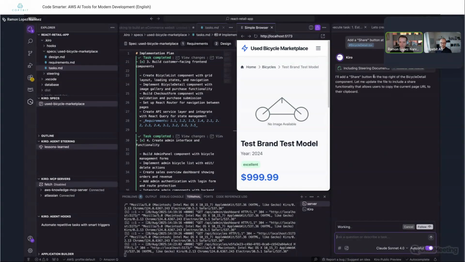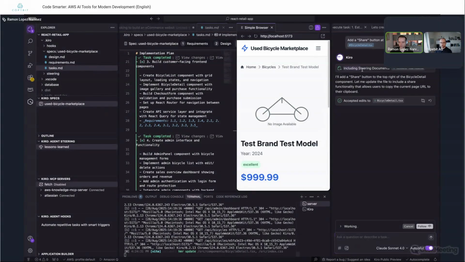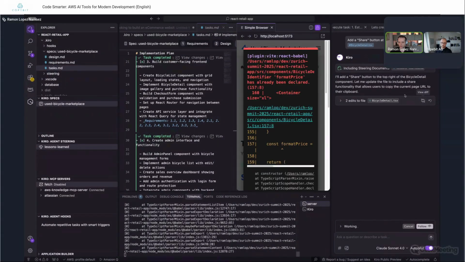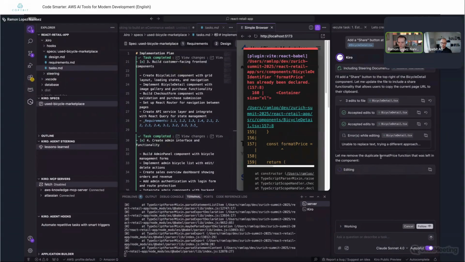When you hit enter, it starts working, and you can follow along what exactly it does. We will talk in a minute about these steering documents that it mentions here. And right now, when it starts working, you can see what it does to each file, and you can then view also the diff, right? So let's see what it does.